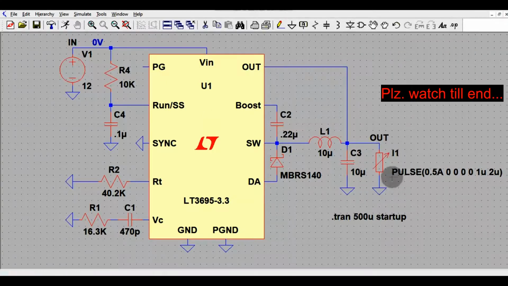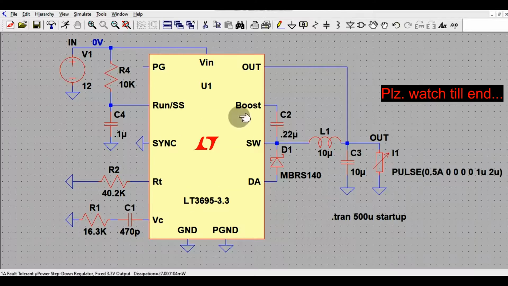At the moment, the load for this application is a pulsating load which draws 0.5 ampere pulse current, and the on time is 1 microsecond and the total pulse duration is 2 microsecond.